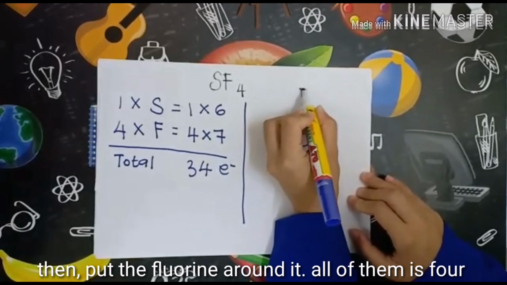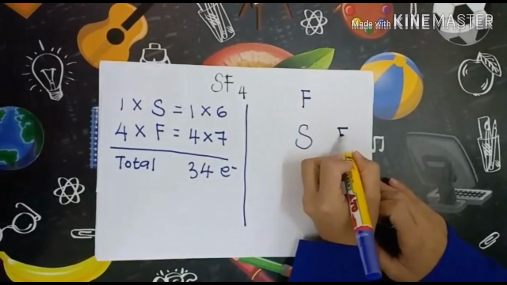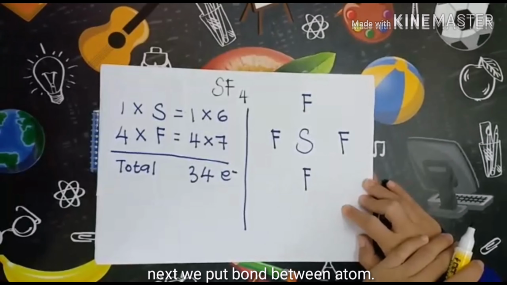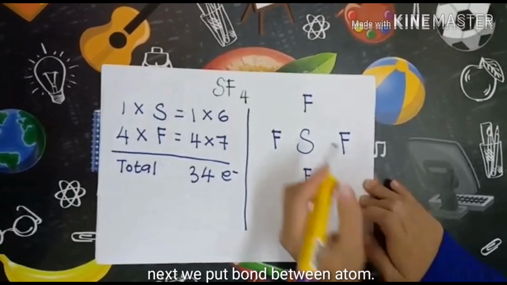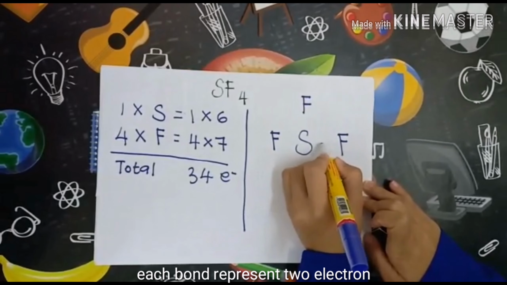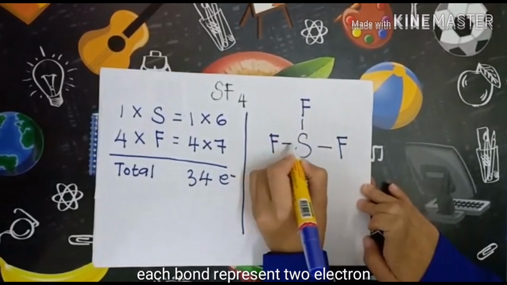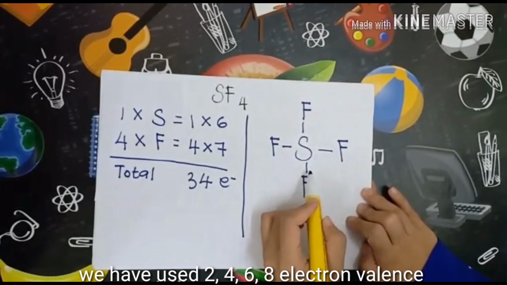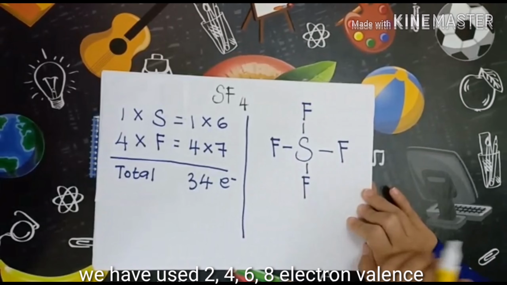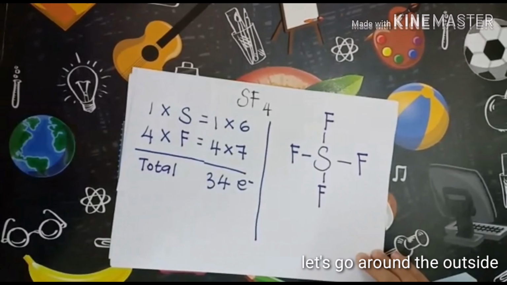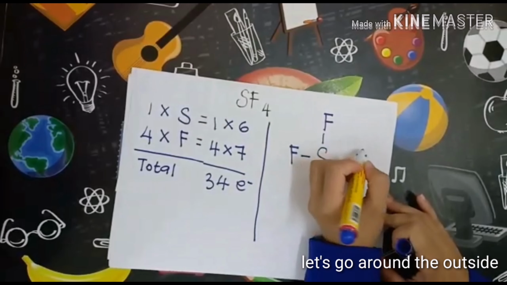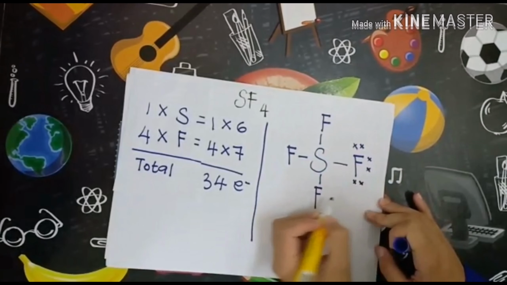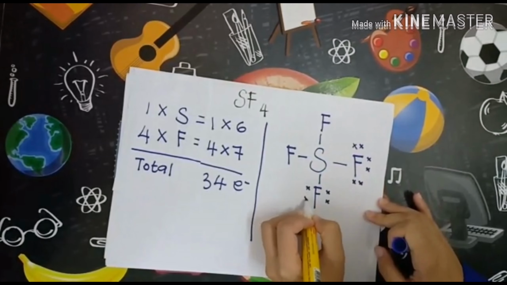All of them is 4. Next, we put bonds between atoms. Each bond represents 2 electrons. We have used 2, 4, 6, 8 valence electrons. Let's go around the outside. 10, 12, 14, 16, 18,